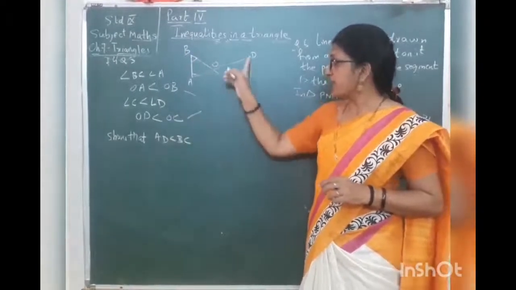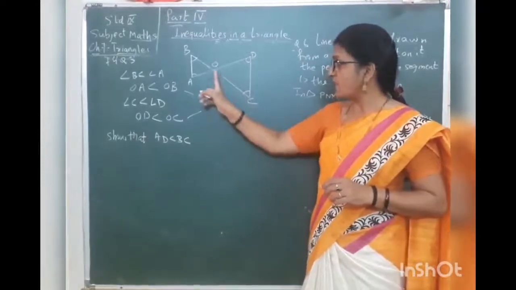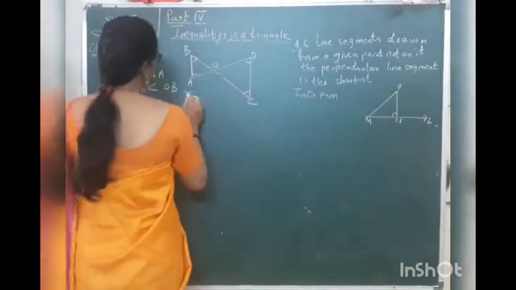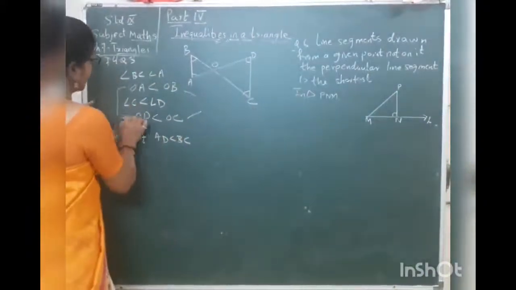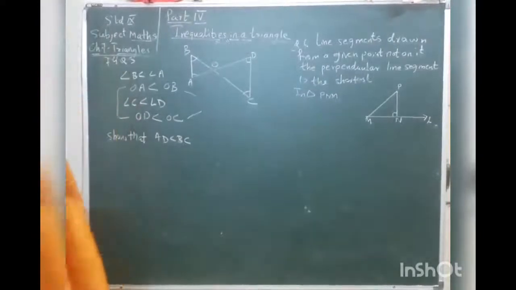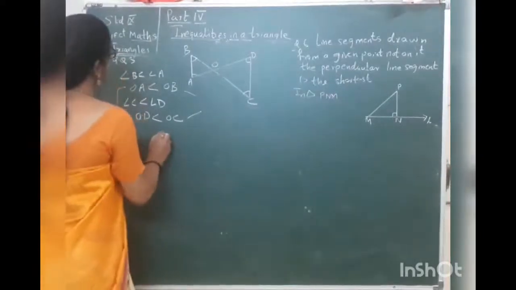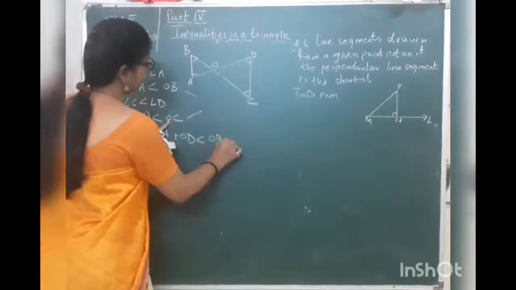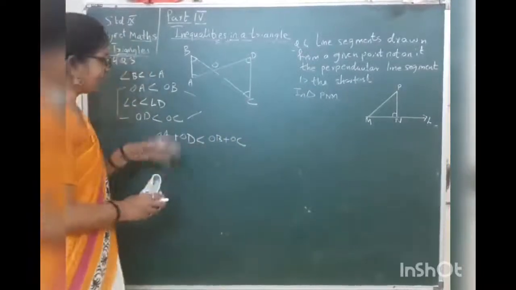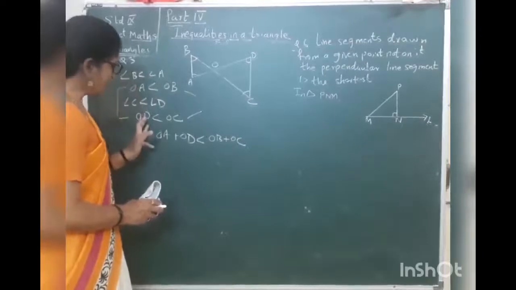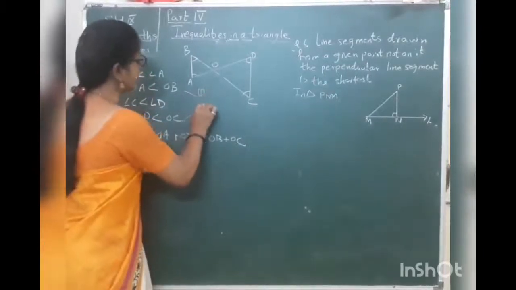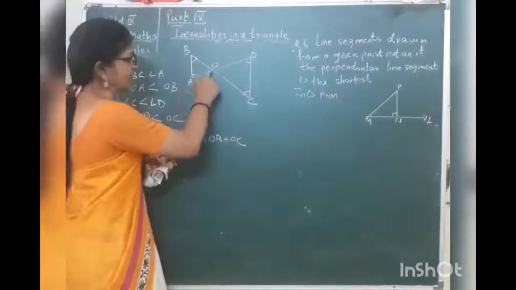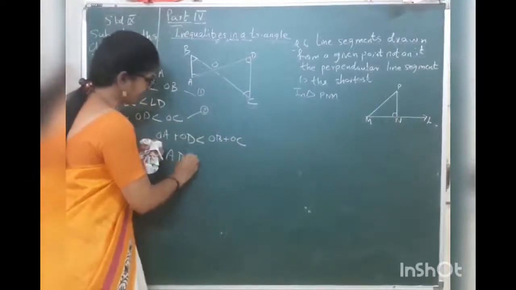Now here angle C is less than angle D. So which is the side opposite to angle C? OD. OD is less than OC. Now we will add both these left hand sides and right hand sides. By adding these we will get OA plus OD less than OB plus OC. Now OA plus OD is AD, less than OB